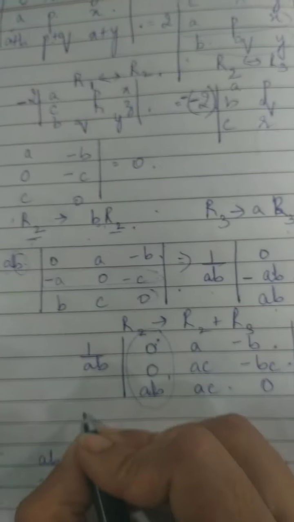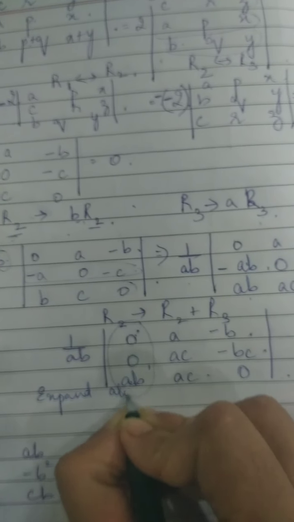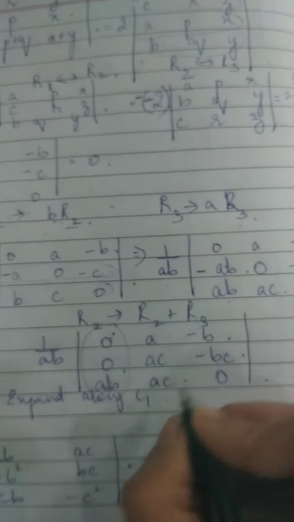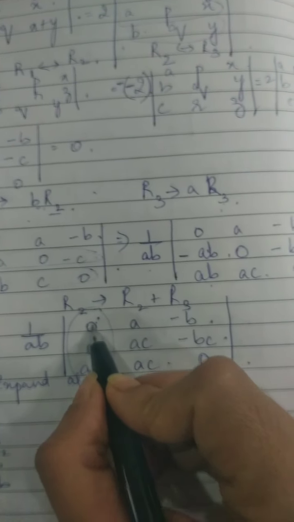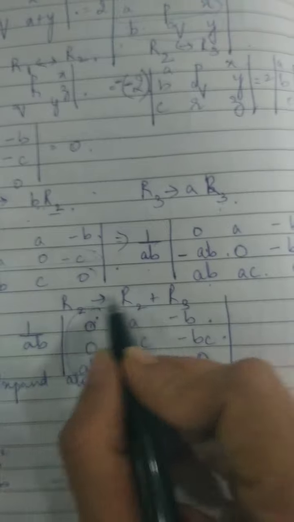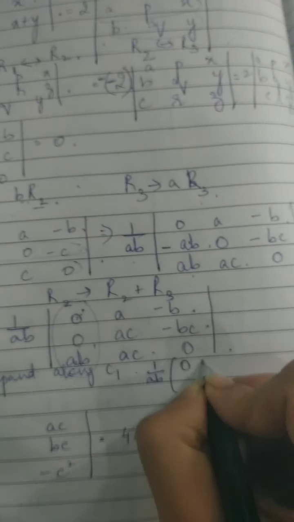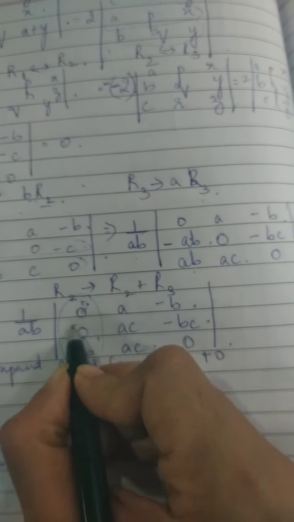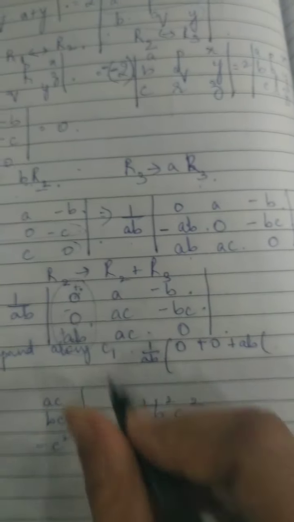Right? Now if I expand along C1, just as we were solving the determinants, we have 1 upon AB here. Since the very first element is 0, the entire first value will come out to be 0. The second element is also 0, so this is also coming out to be 0. Remember the position. This is positive, this is negative, and this is positive again. Plus AB,